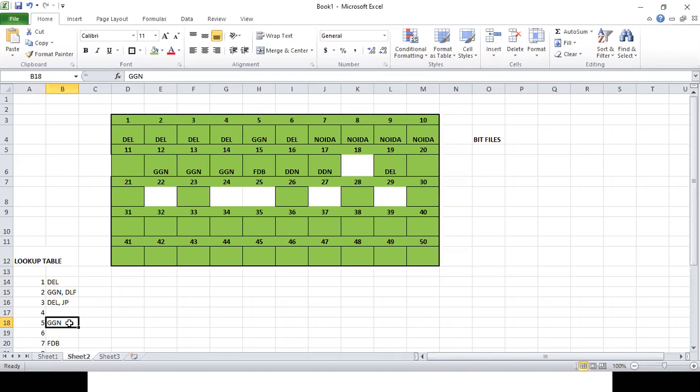Suppose the employee from cabin number 3 has moved to cabin number 10. Initially, the office boy just has to help the person move from cabin number 3 to 10, but apart from that task, he has an additional task to update in his list that the person sitting in cabin number 3 has moved to cabin number 10.